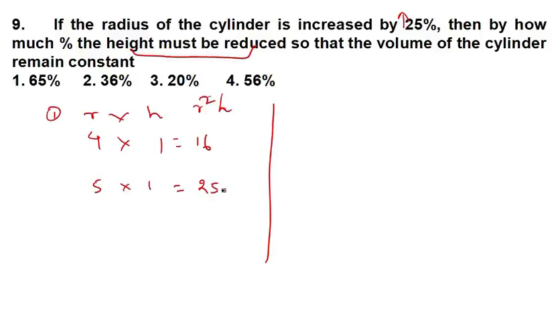By how much percent will you reduce this number? Before, the volume was this, now it becomes 25. So by how much percent will you reduce to get 16? Okay, simple. Look at the difference, it is 9. To get back 16 you have to minus 9. Okay, you have to minus 9, so you get 16. But what number on 25 to get back the same number? Into 100. Now tell me what is the fractional value, the percentage value? You cut by 4, so you get 36%. So 2 is the right answer.